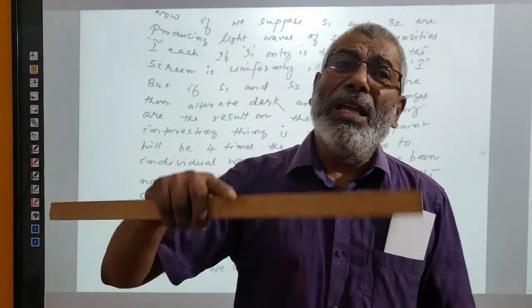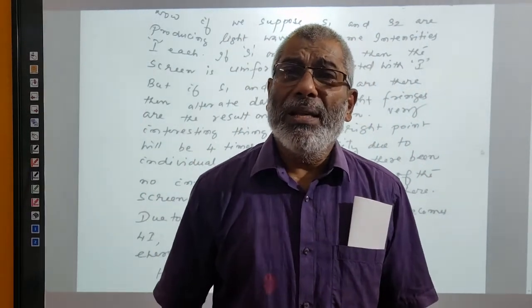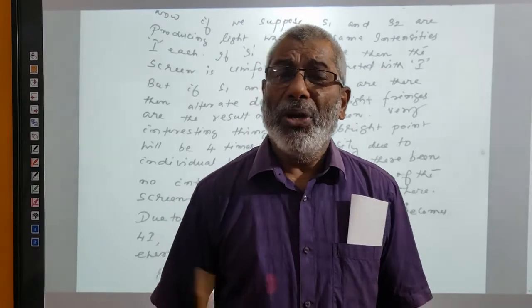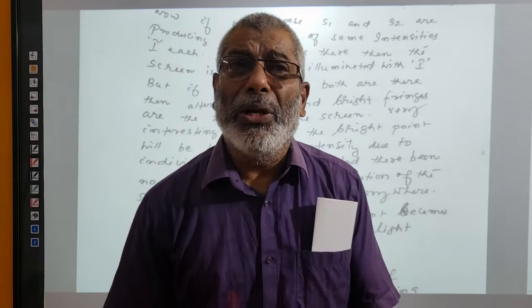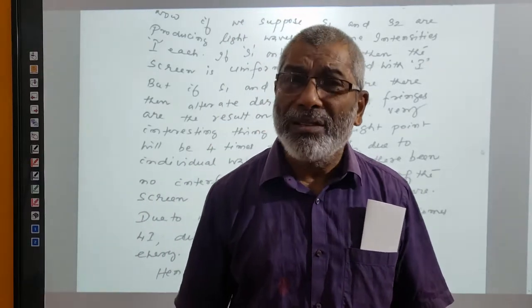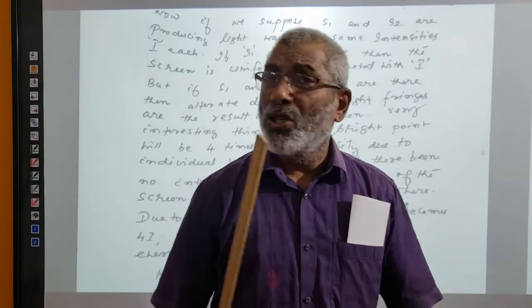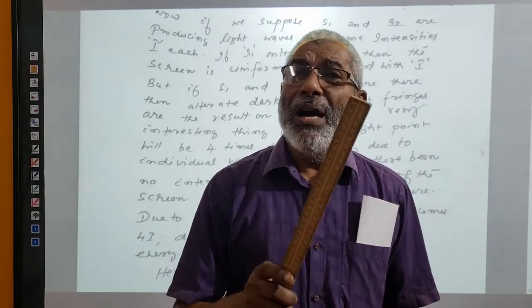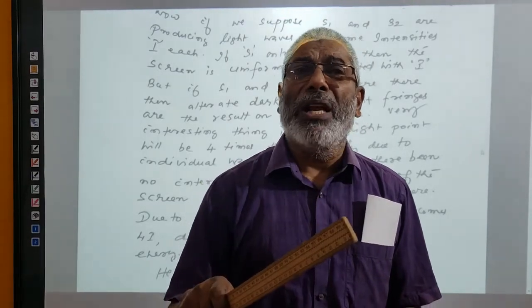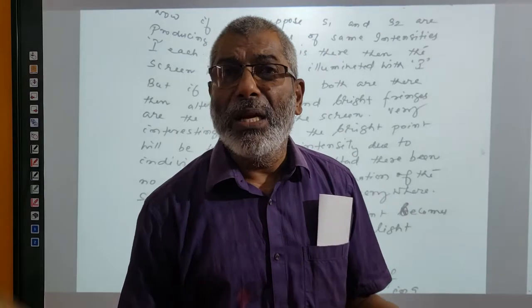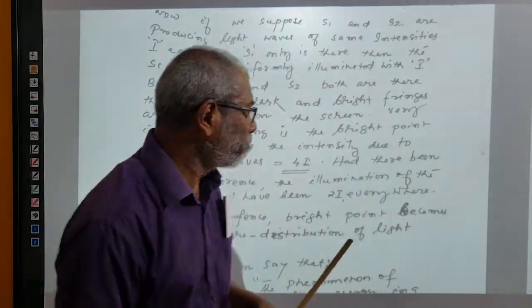Now suppose that interference is taking place. Due to interference, something else will happen, due to which we are not getting a uniformly illuminated screen, but alternate dark and bright fringes are seen. Why is it so? Because at some points on the screen the waves reach in phase, and at some other points the waves reach out of phase. The conditions for in phase and out of phase have already been explained.